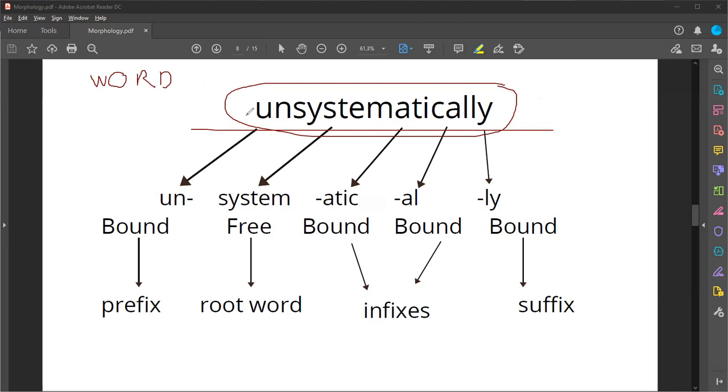Class, be reminded that in order for you to find the basic reason why it is a free or bound morpheme, you need to look at the root word. What is the root word of unsystematically? What is the basic word? What is the root word in unsystematically? So in here we have